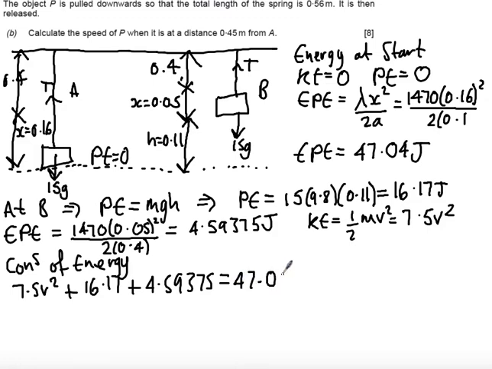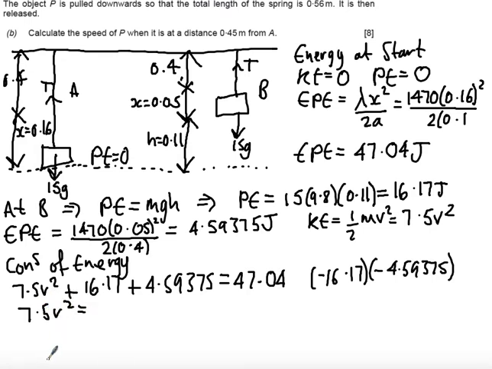So the energy at B is equal to the energy at A. Let's subtract the 16.17 and subtract the 4.59375 from both sides,